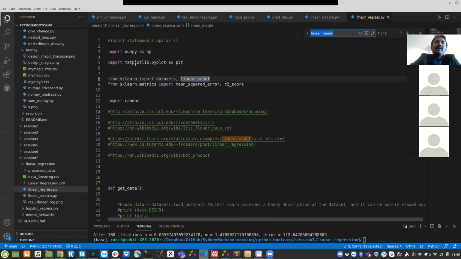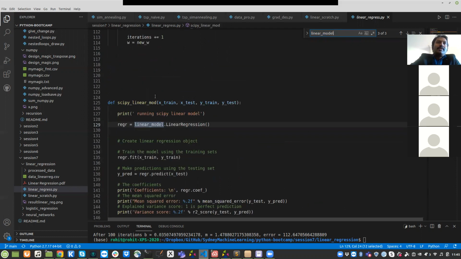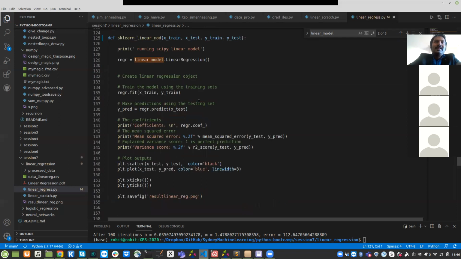So it is actually coming from sklearn. Actually, it's not scipy, it's sklearn. Okay, so in this one, when you're using sklearn, because everything is pre-built, you just